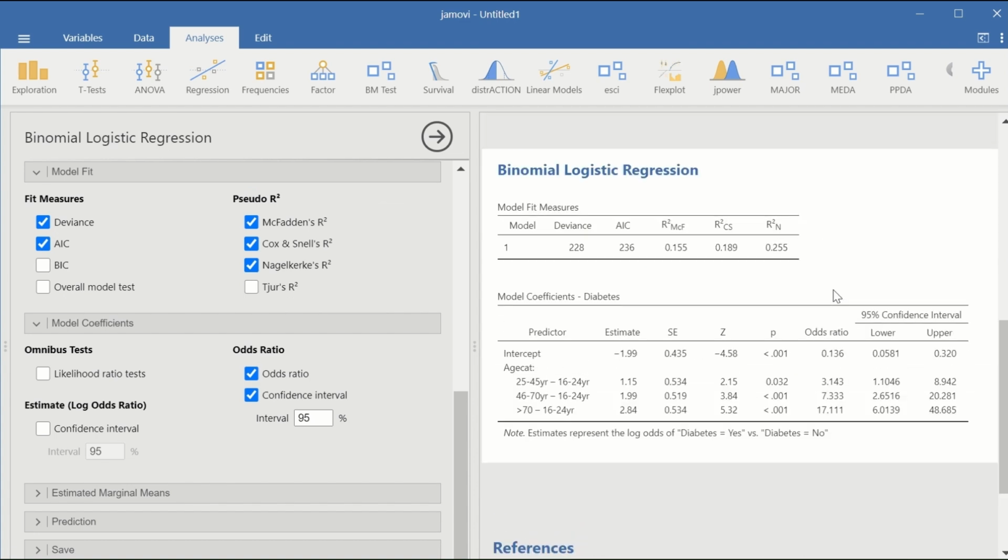Looking at the output here, we have two important tables. The first table is for model fit measures. Looking at the R square here, it shows a value of 0.255. This value means that 25.5% of the variation in the outcome, which is diabetes, can be explained by the predictor, which is the age